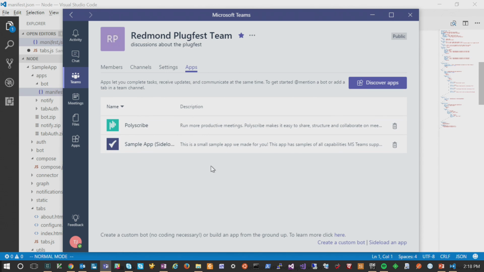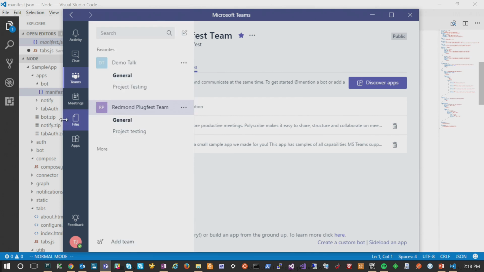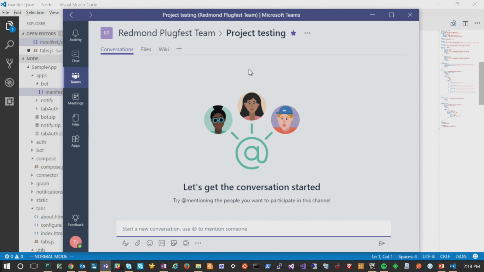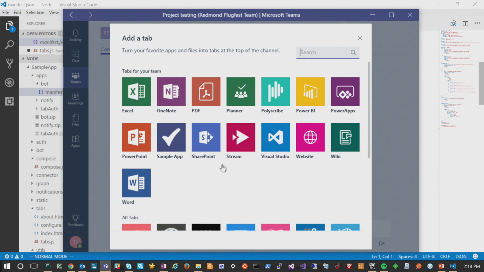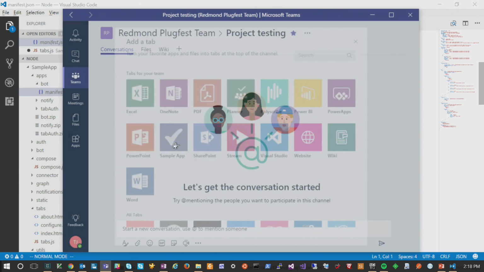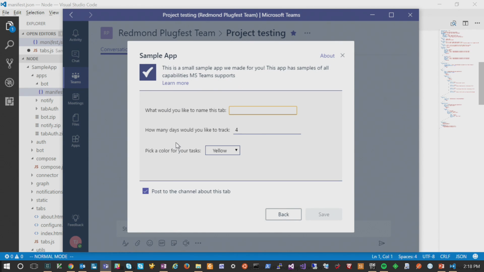These are two apps that have been added to this team. And if I go back to here, I can add this in. Here's the sample app that was added. Now what we're going to see is the configuration dialog that comes up. Okay, so I want to name the tab. We're going to talk about tasks here. Tasks, project, or